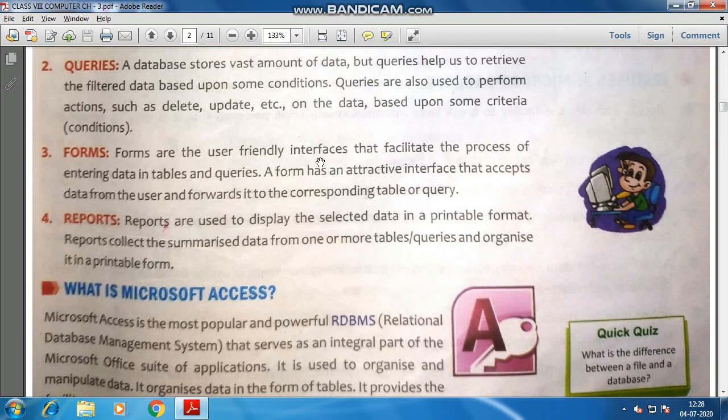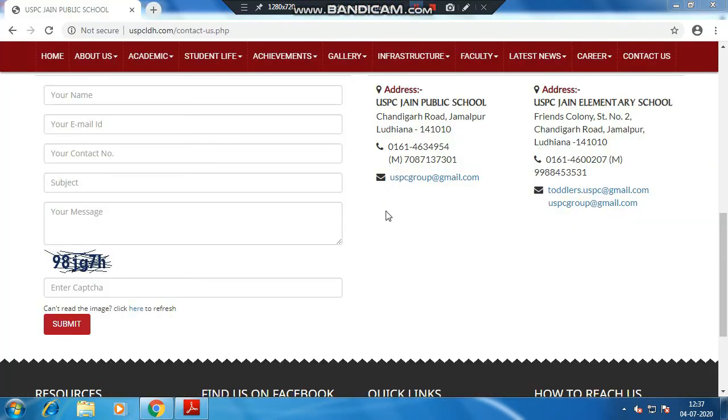Let me show you that. Okay, so this is the form which I was talking about. On our school's website, I clicked here on contact us.